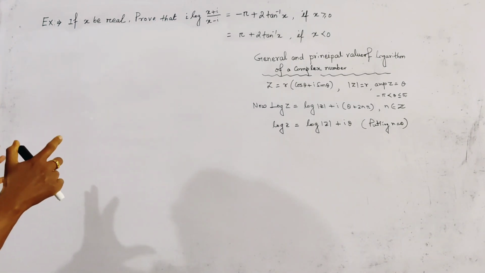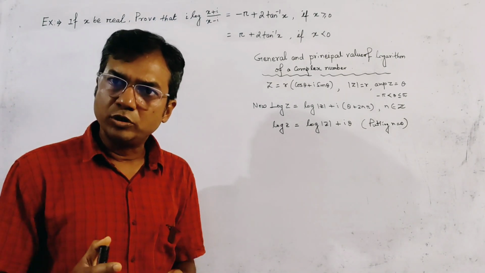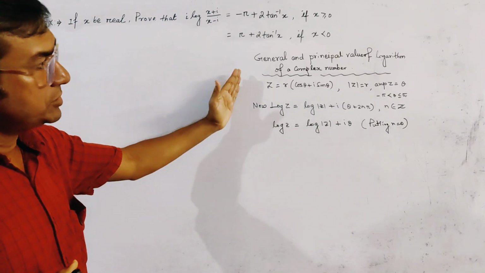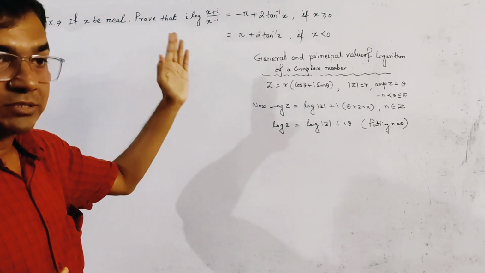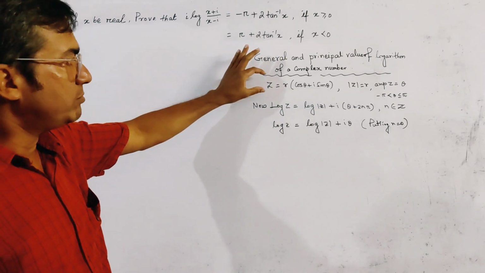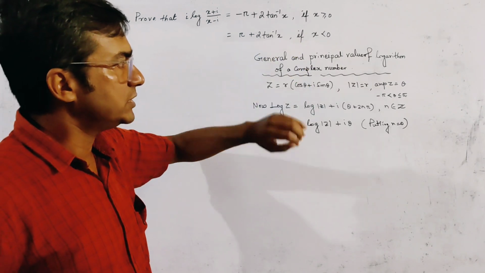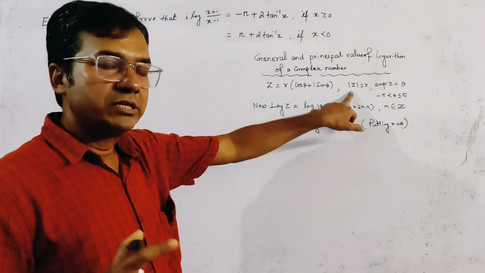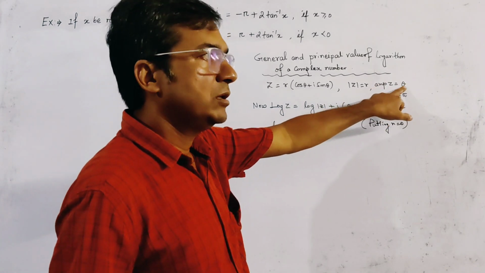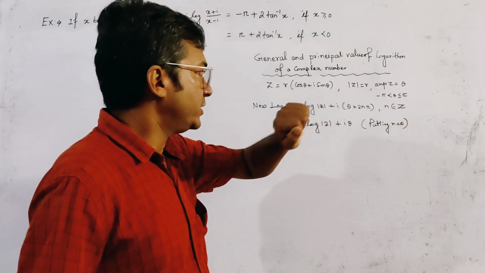Here we use the concept of the general value and the principal value of the logarithm of a complex number. We already discussed this concept in the previous two or three classes. Here we also use the result: if a complex number z is in the polar form r(cos θ + i sin θ), where the modulus of z is r and the amplitude of z is θ, where θ must lie in −π to π,